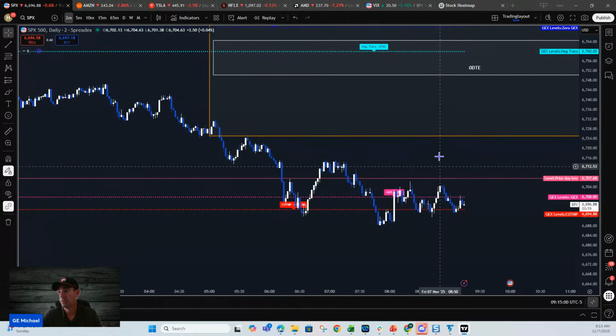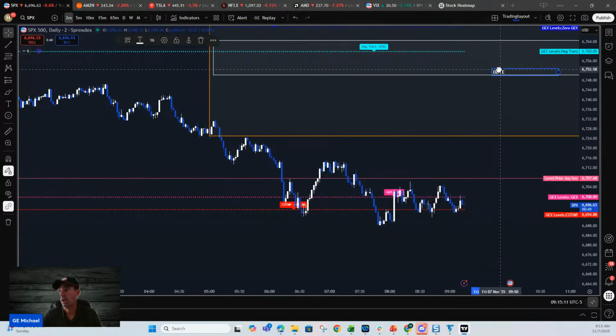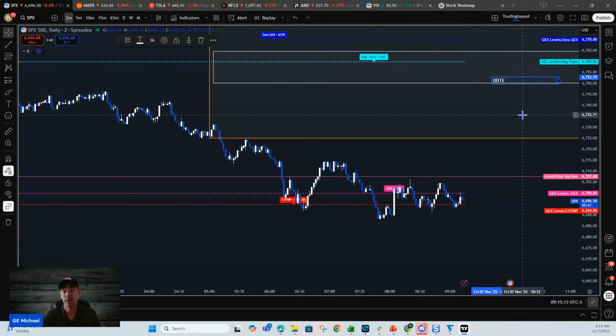Again, initial bounce up towards 67.20. We'd be watching that for failure. That'd be an opportunity to short. If we do get within the Drunken Sailor range, it could be very choppy, and we'll be watching that via our intraday call versus put speculation on our vol-m command. So hopefully that helps